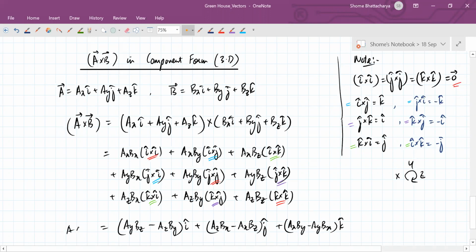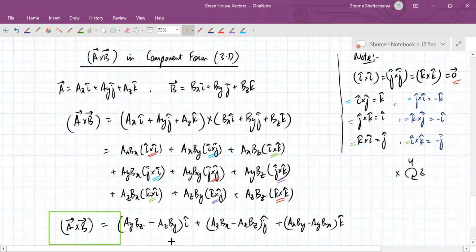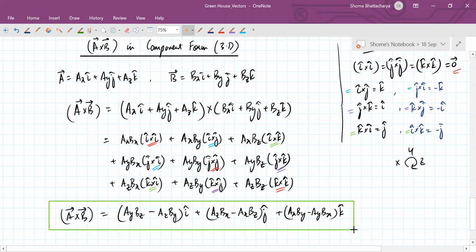Now, as you can see, this is very lengthy to solve in this manner. Hence, we will reduce this to a very nice shortcut very soon, and that shortcut will involve the determinant of a 3 by 3 matrix. This formula is very difficult to implement on its own, so we will reduce it to a 3 by 3 matrix sort of formula. Just make a note of this and verify all the terms that I've written.